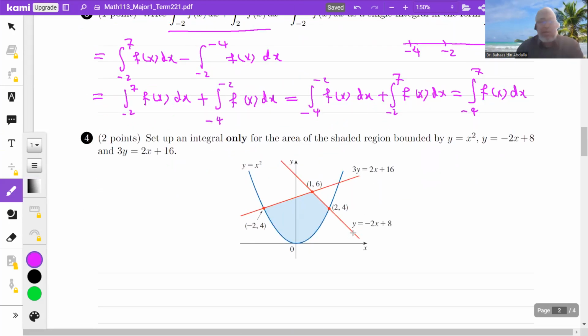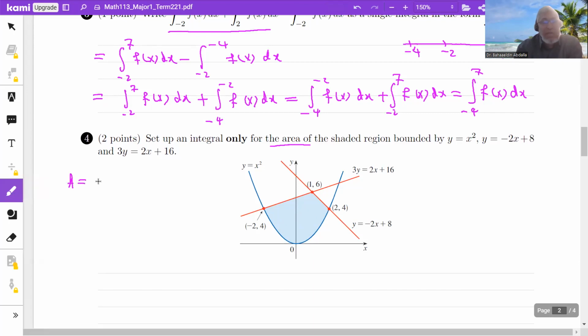Set up an integral only. So just set up an integral for the area of the shaded region, bounded by these three curves, two lines and this parabola. So it's the blue region here. So we have the graph. We need to find the area. Well, to find the area